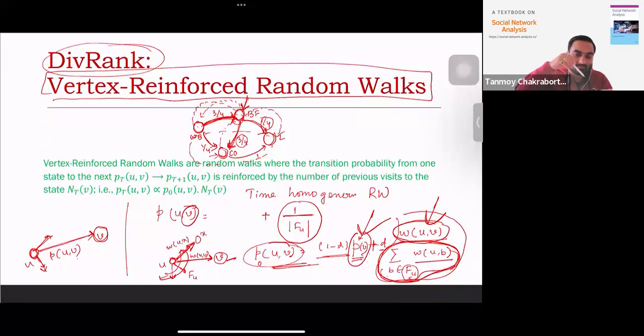But as soon as you move from node u to node v, for example, again from v to w, again w to v, from again v to s, again s to v. So what is happening? You keep